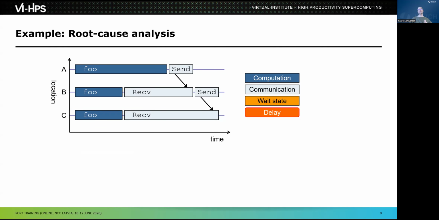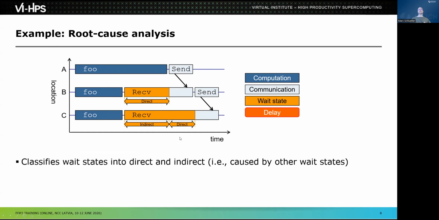Then another extension is the question, what is the root cause of your delays? If you're having just one simple example of a late sender where you have two communication partners, it's easy. You have a direct relation, which one is waiting on which. But if you have multiple communications that are chained together, like with these three cases, three processes, then you have wait states that accumulate based on direct and indirect waiting time, because the direct time is always